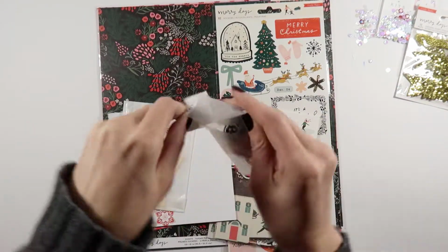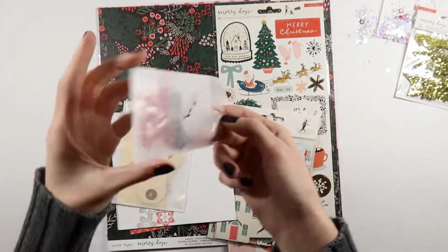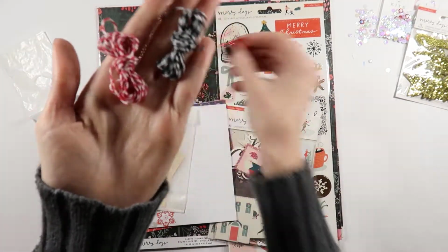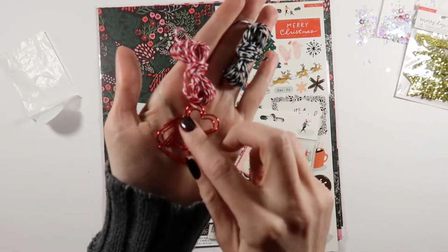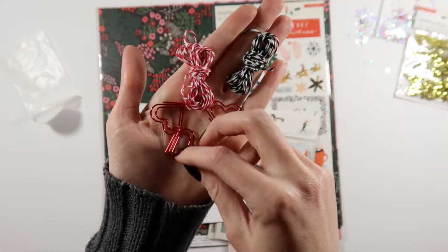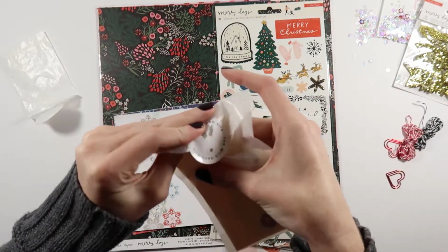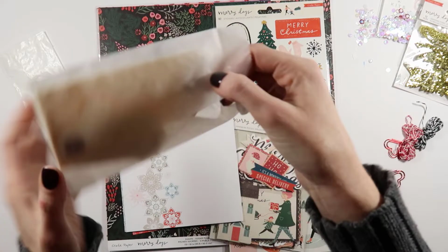These are some odds and ends. So it looks like some black and red and white twine, and then these cute little red hearts. Those are so cute. You can never go wrong with hearts. I love those. And then it looks like some shipping tags. These will be perfect for